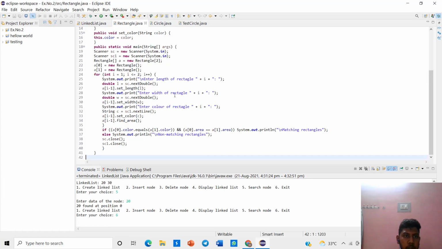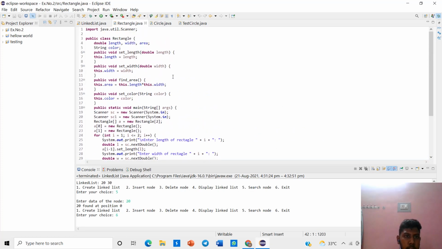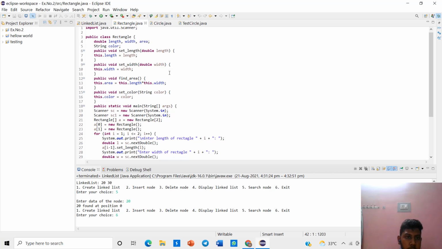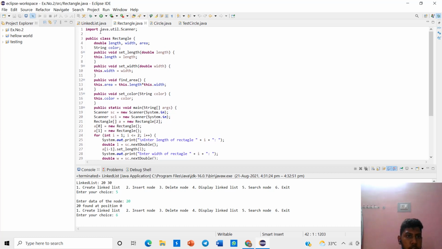In this program we want to see about matching two rectangles by using the length, width, area and color. First we have to use import for user input, and I will give the class name as Rectangle.